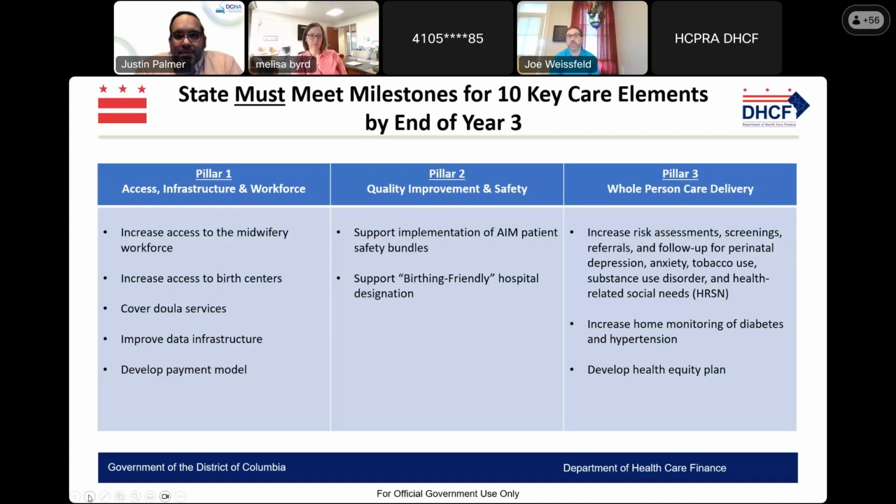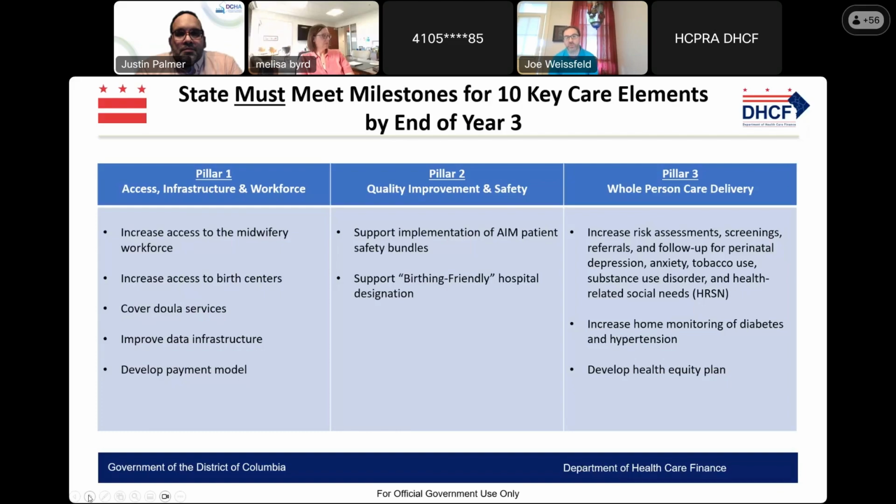But the milestones associated with this one include establishing an annual payment analysis process to ensure that the rates are sufficient, to look at workforce issues within the doula community. So setting that up and then doing it on an annual basis. And so you would have to do that. You would also have to stand up an independent advisory committee made up of